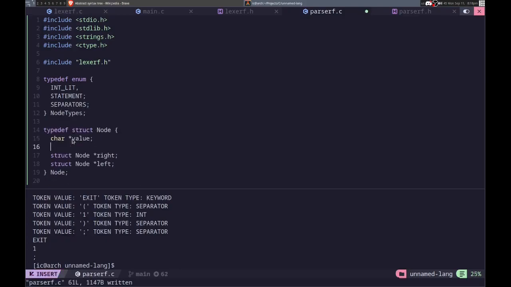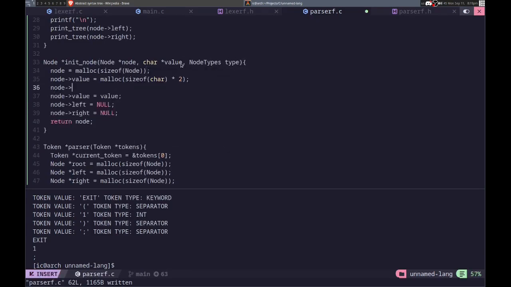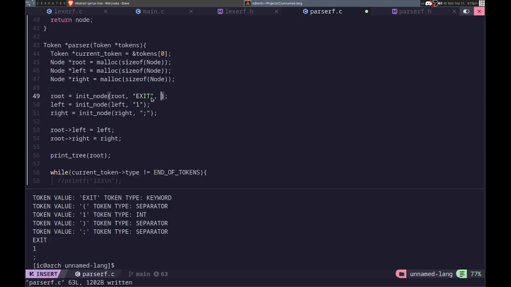So then there also is going to be node types type. And then we have to set the type in here. Node types type. And we'll just do node type equals type. And so we'll pass, so this would be statement. Here would be integer literal. And this is like a separator. And then,